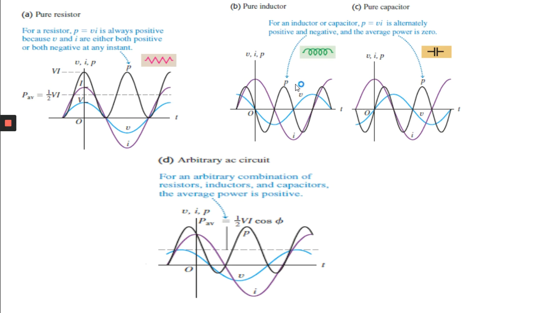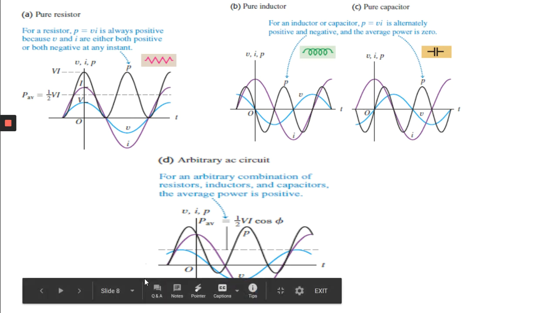Now consider a pure inductor circuit here. When you plot the graph for power, because we have already discussed the voltage curve and the current curve, see, this is the power curve. So what is the power? This one is alternating positive and negative with the same peak value. So what is the average? 0. Here also the same thing. It has alternating positive and negative values. So what is the average power? 0. But here you see, it also has some positive values and negative values.